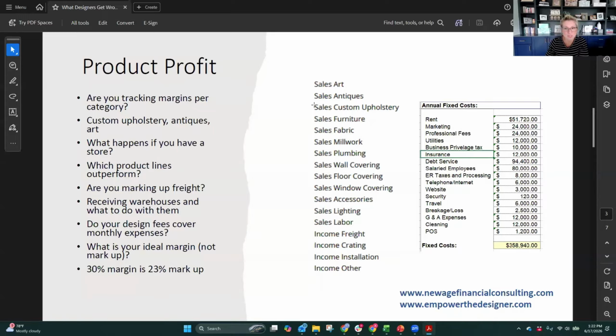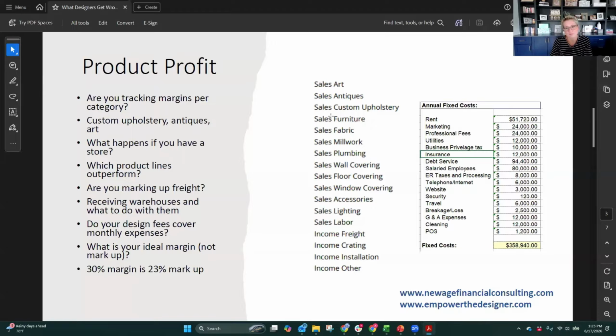So custom upholstery in this particular example is true custom, a true custom sofa drawn entirely by the firm and then produced entirely by the firm with a custom upholsterer and obviously custom fabric. And so in that particular example, there is no retail cost. We're setting the retail cost and we're drawing the piece from scratch. A lot of times custom upholstery can be a really, really great moneymaker. It could have margins of like 50, 55, 60%, depending on what your price point is with a custom upholsterer and with the workroom.